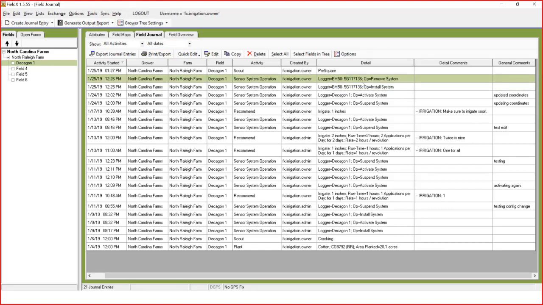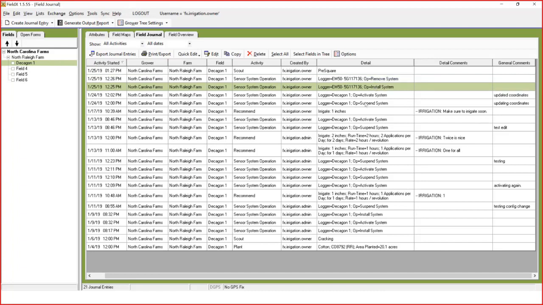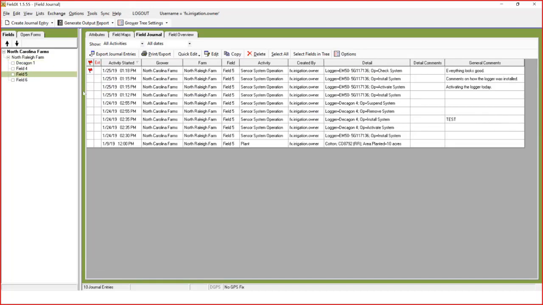So I can quickly see on this field, this system was removed here, was installed, activated, okay? And then I can see the detail comments, or general comments about what actually happened. So those comments I entered in before, they're showing up in the general comments tab. And here in field 5, this is where we created those new sensor systems operations entries. So they're showing up here just as I had saved them over on the